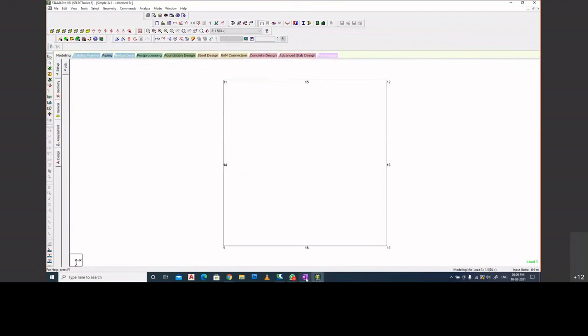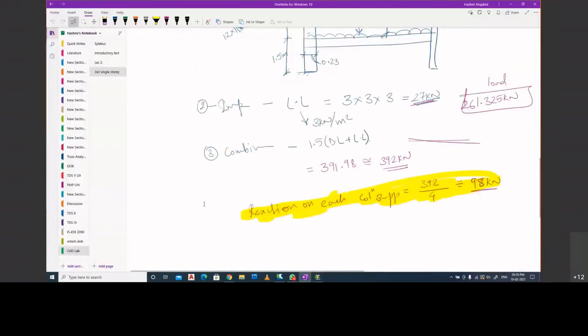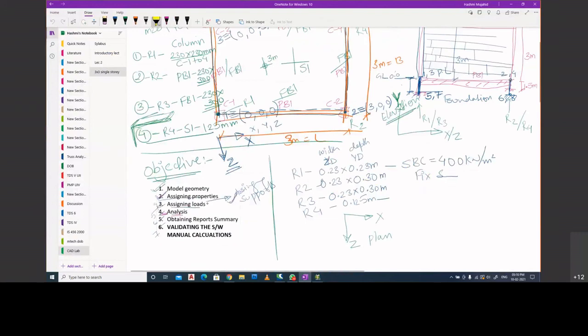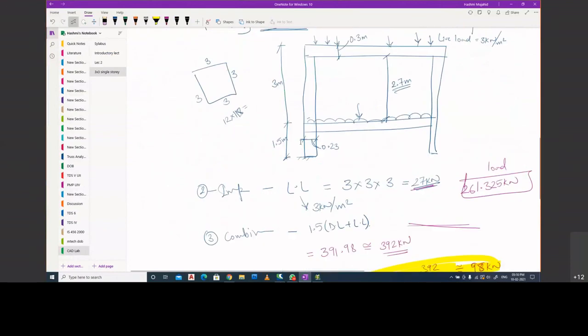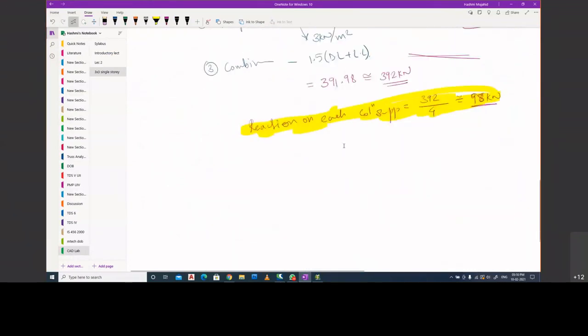So this covers your part of analysis and obtaining the report summary. Okay, and we have already validated the software calculations with the manual calculations by reference of the reactions. The reaction was matching up.